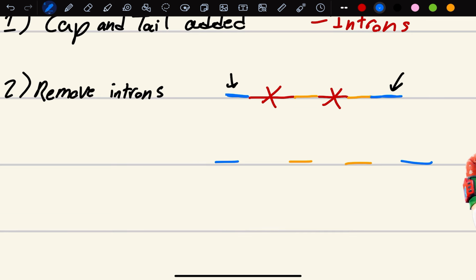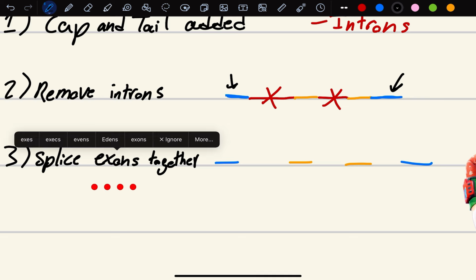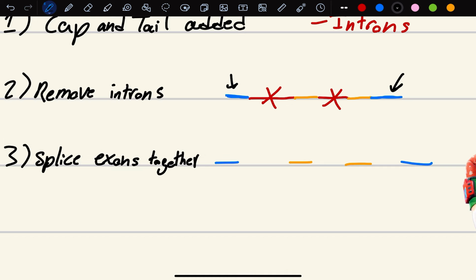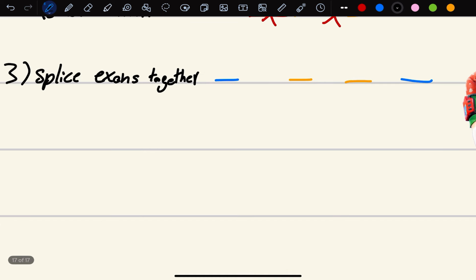And then our third step is to splice the exons back together. Think of it as stitching them back together. So we splice the exons together. And then when the exons are finally spliced together,